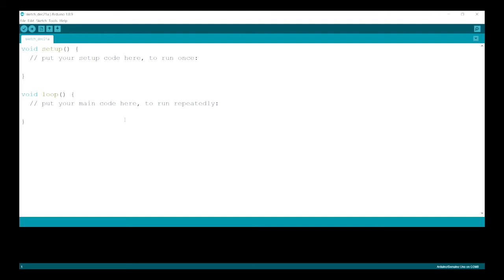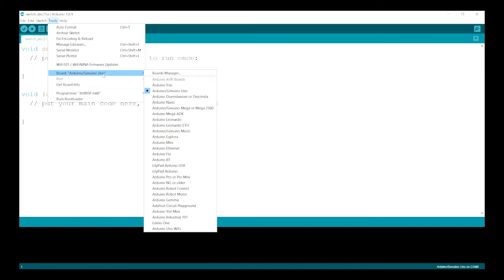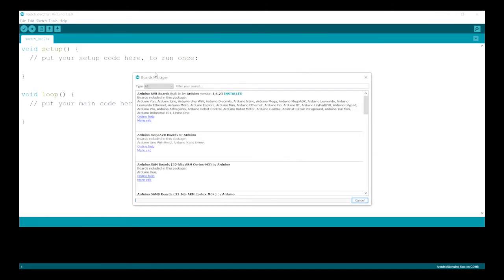After doing this, go to Tools, go to Board, and then go to Board Manager. Click on the Board Manager. Wait for a few seconds. It will get downloaded. As soon as it gets downloaded, you will find a box over here. You need to write in the box